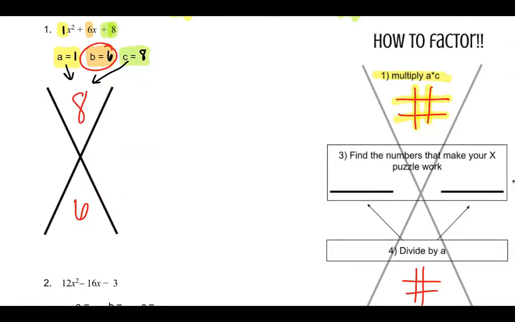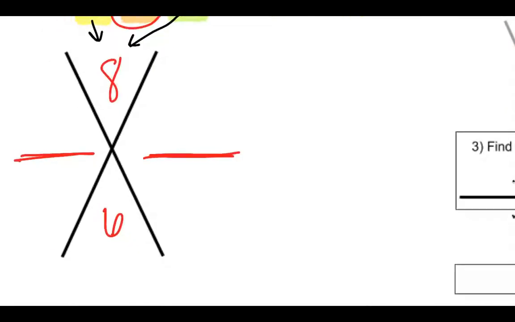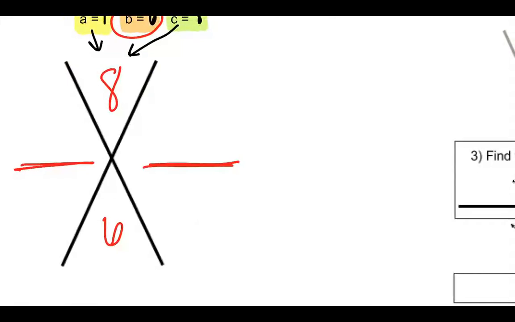Now we're doing the same thing. I got to figure out what goes here and what goes here. What multiplies to 8, but also adds to 6? Well, 2 and 4, right? 2 times 4 gives me 8. 2 plus 4 gives me 6. And this is where we're going to stop today. Tomorrow I'm going to show you how to keep going with the rest of it. We're going to follow and do steps